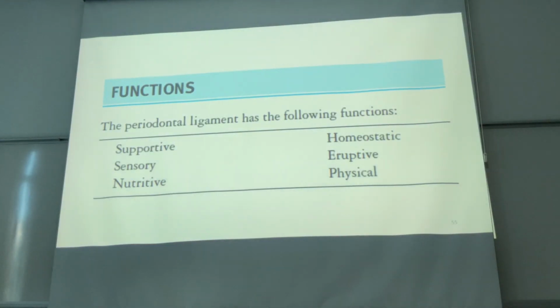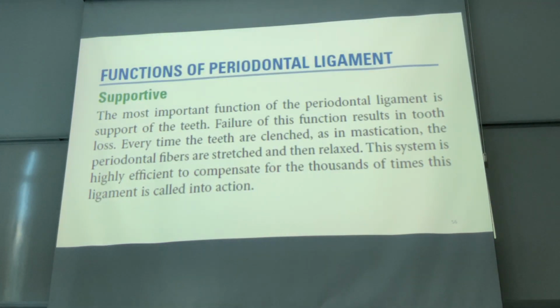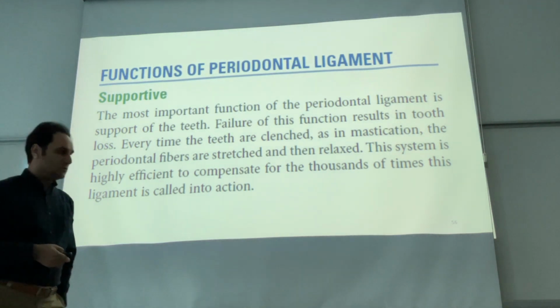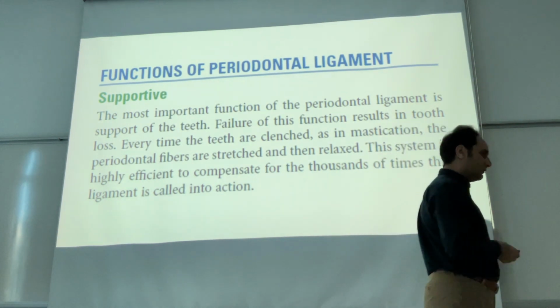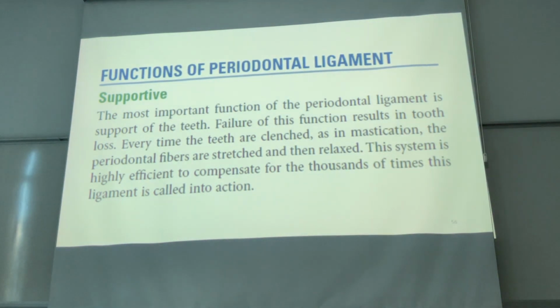What are the functions of the periodontal ligament? The periodontal ligament has supportive, sensory, nutritive, homeostatic, eruptive, and physical support functions. In the supportive role, as you know, the periodontal ligament firmly attaches our tooth to the alveolar bone and also supports the nutrition of the cementum, and